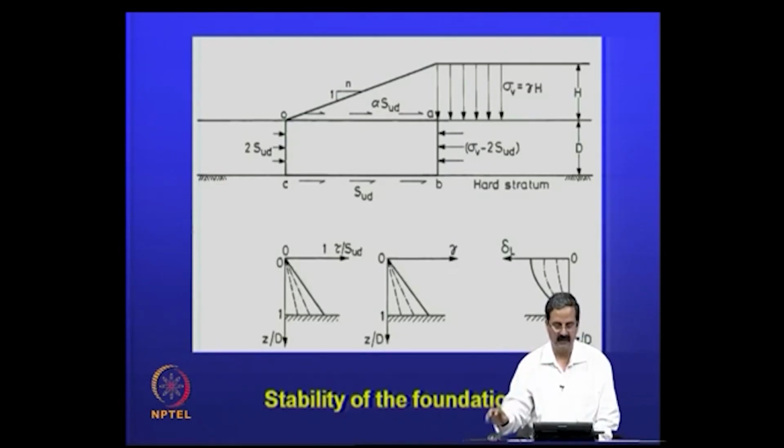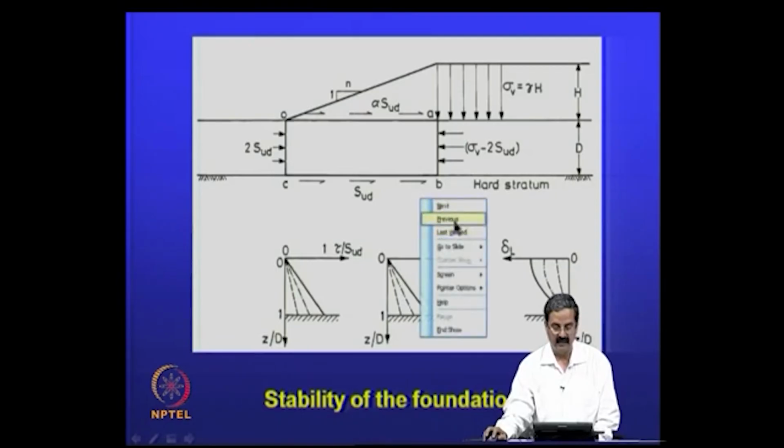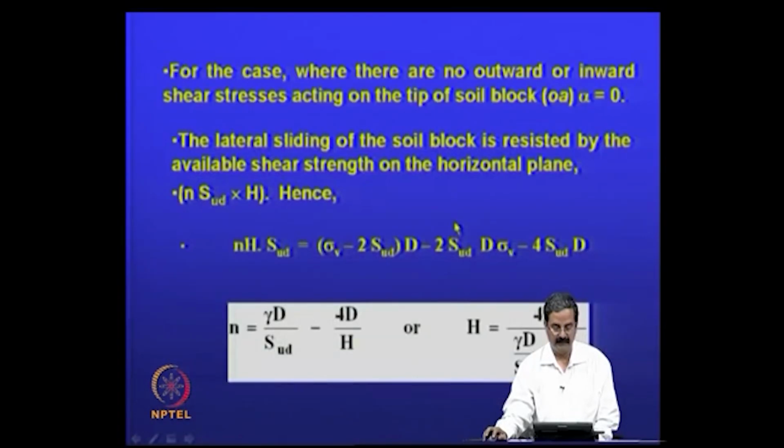So, we call it a principal stress rotation, and this understanding can be used to calculate what is called like this. Say for the case where there are no outward shear stresses, we can say that